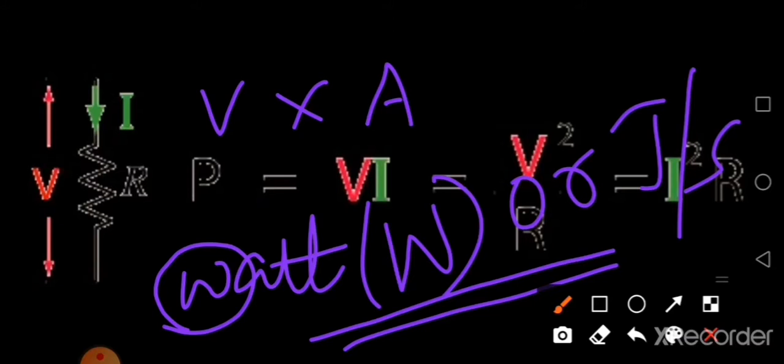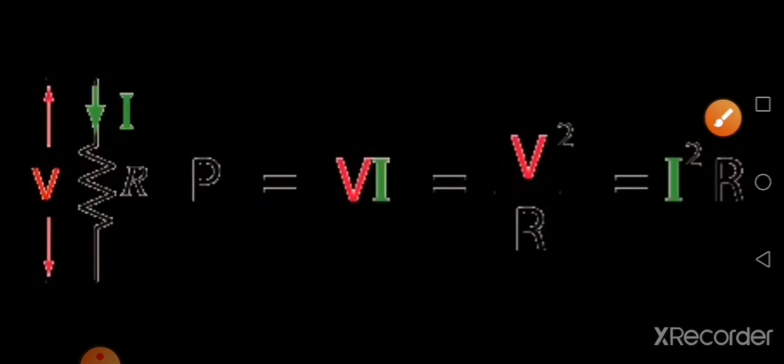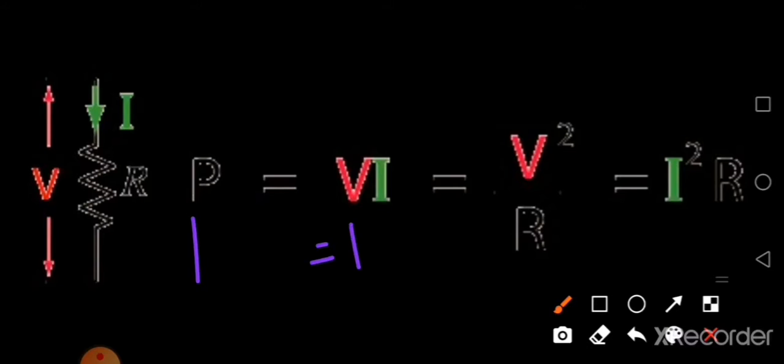Okay, now how will you define 1 watt? See, if the power has to be 1 watt, the potential difference has to be 1 volt and the current has to be 1 ampere, isn't it? So how can you define 1 watt? 1 watt is the electrical power consumed when a current of 1 ampere flows through a circuit having a potential difference of 1 volt. Smaller units and higher units are also there, like kilowatt, megawatt, gigawatt.